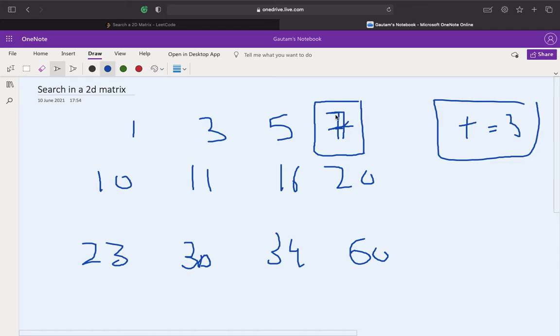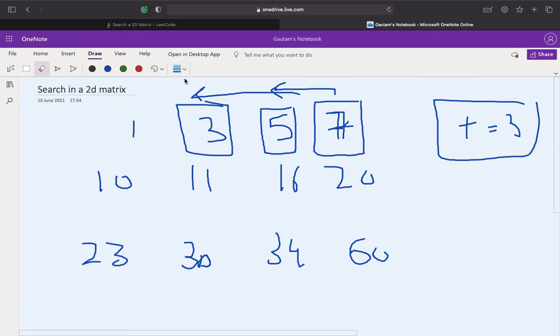So right now 7 is greater than 3, so we need to move to the left hand side. We'll come over here, 5. So 5 is also greater than 3. We'll again go to the left hand side, and now we'll get the element as 3. Thus we will return true.